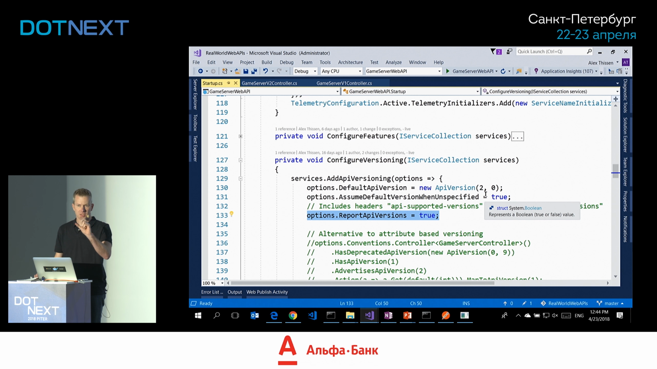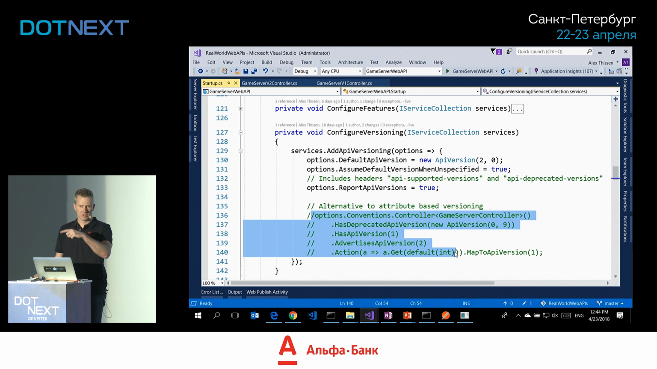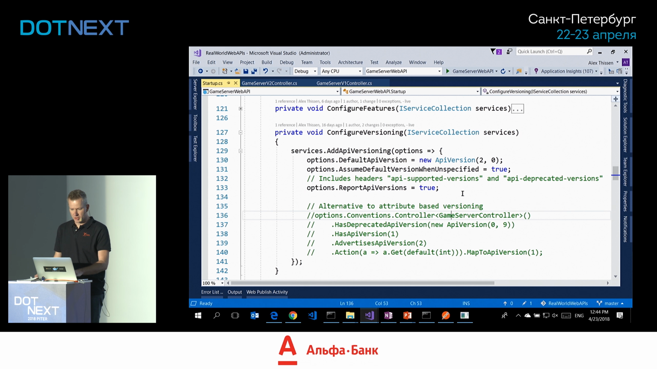This says you can actually report them in the headers. If you want to be more flexible about it, you can use this Fluent API. I've commented it out, but you can also use this runtime way of applying versions to your implementation. It's whatever flexibility you need. Normally, the attributing is enough. So if you run this,